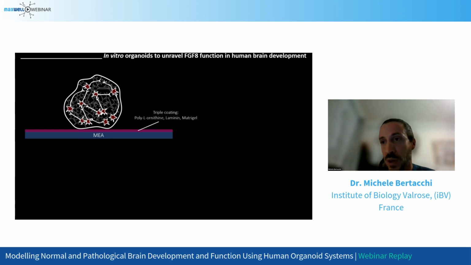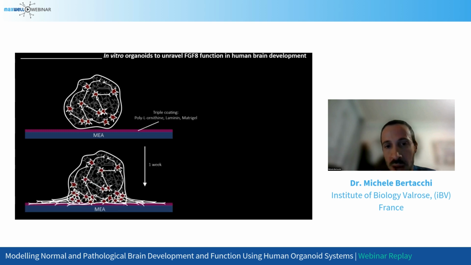very nice network. So what we try to do is to not dissociate the organoids. We are not cutting or slicing them. We try to keep as much intact as possible. But to make them stick on the multi-electrode array surface, we use a triple coating with polyornithine, laminin, and matrigel. So in 1 or 2 weeks of time, the organoids are attaching to the surface, and we can see that